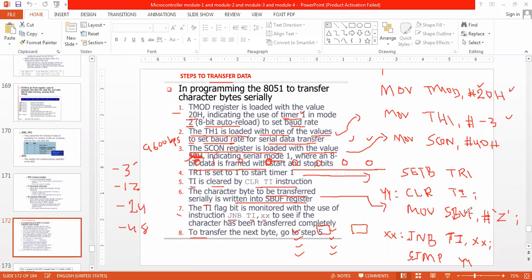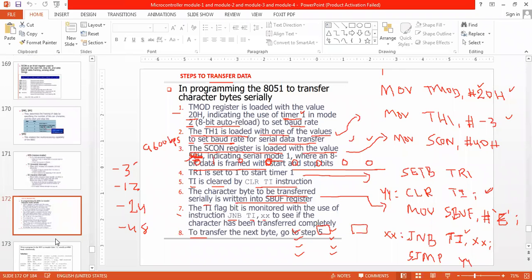Again I will go to YY, so here I will come and clear the TI, because TI has got 1. So first I will clear the TI, and then instead of Z, I can write E. Then E will be transmitted. This is the way of transmission of data from 8051 to external devices.